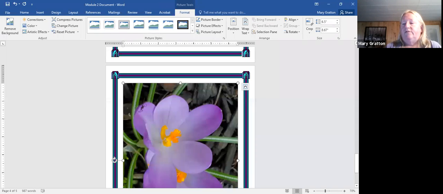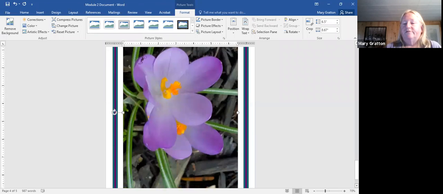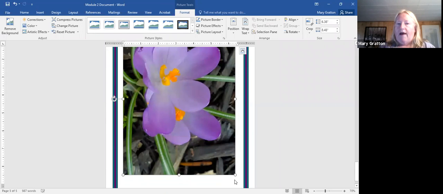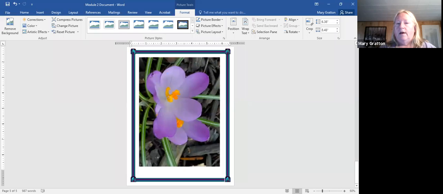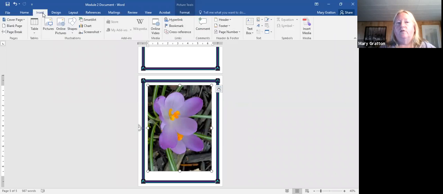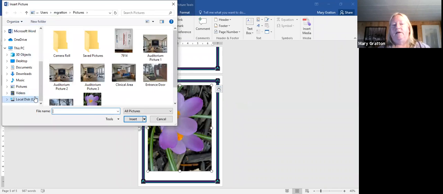I just inserted a very big picture. This is actually last spring. This is the first snow crocus that bloomed in my garden. Now that is on the full page. And all I did was go into insert, select pictures, and that takes me to on my computer where my